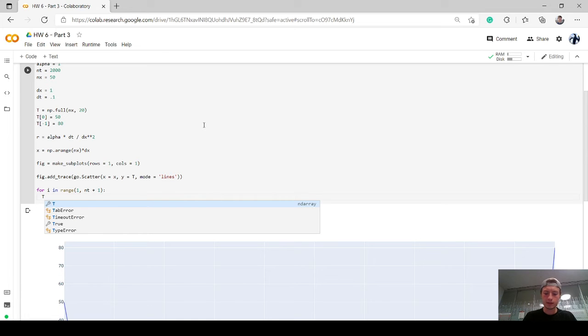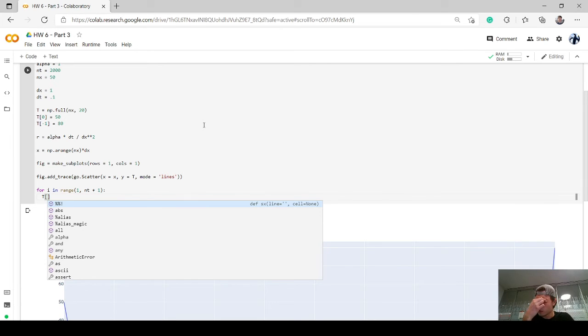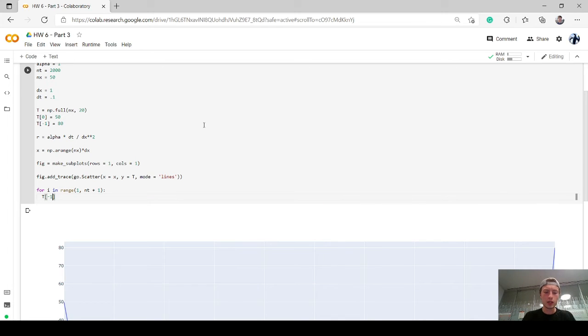So t is going to be, no commas, because commas mean there's a 2D array, this is a 1D array. So t from 1 to the last one, to -1, is equal to that,